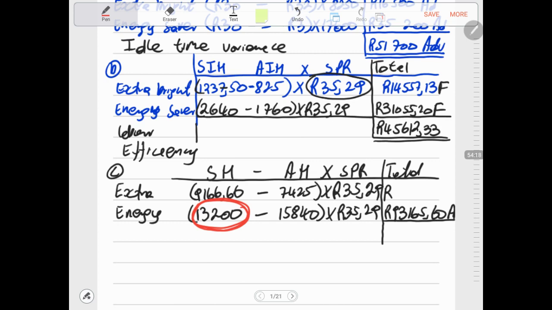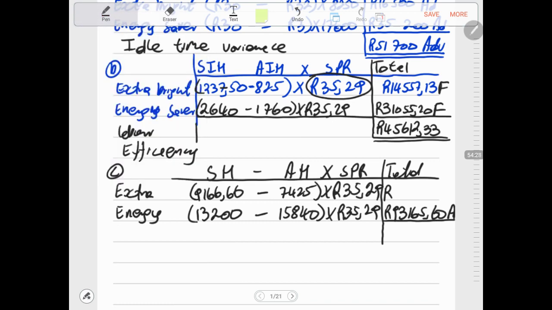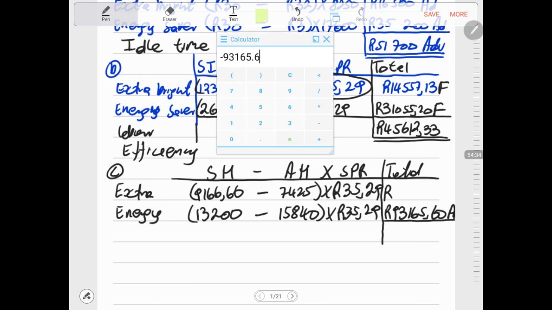And if they spent more time, you say that because there were many units that they were manufacturing than was anticipated, but that is not right, because they spent more hours being efficient than they were supposed to have been. So now for the second one, it will be again